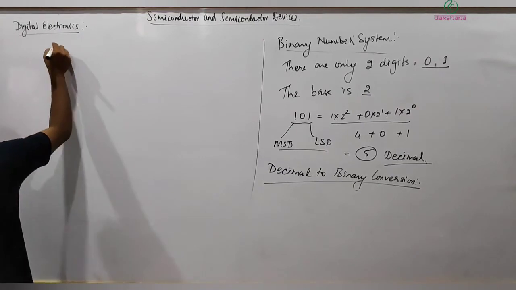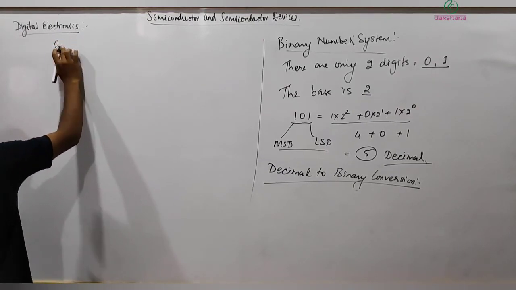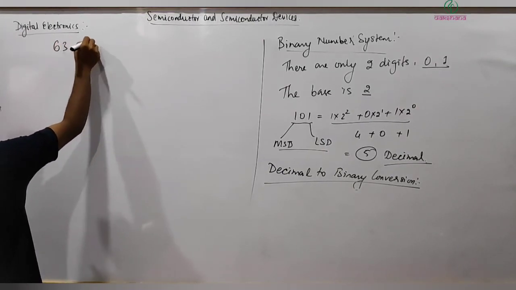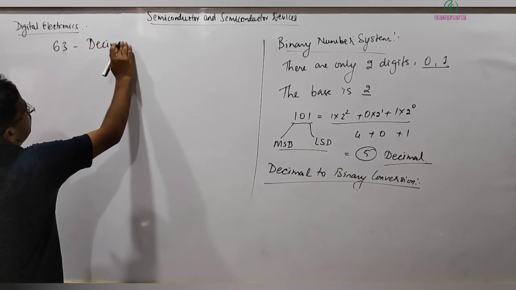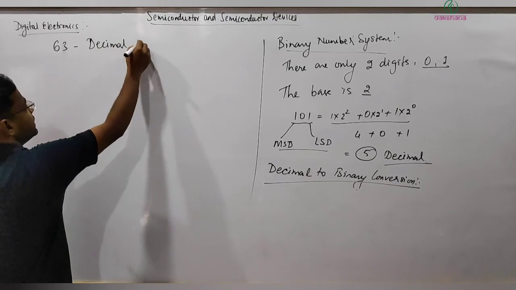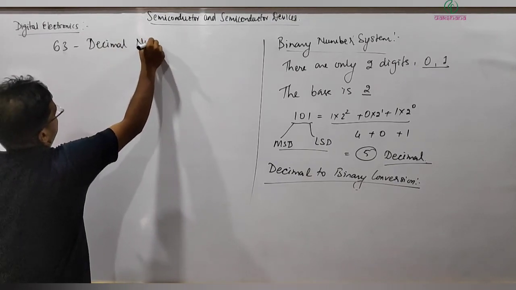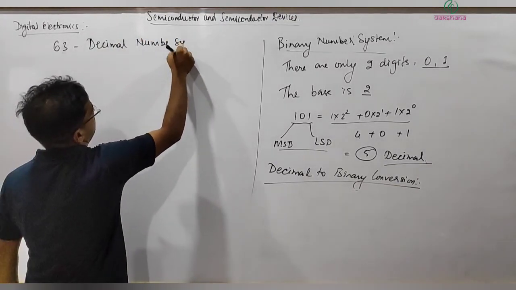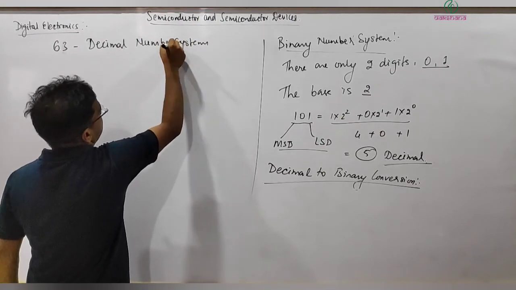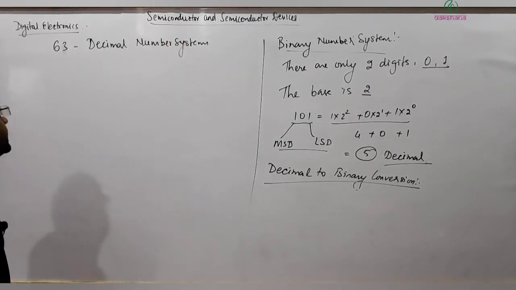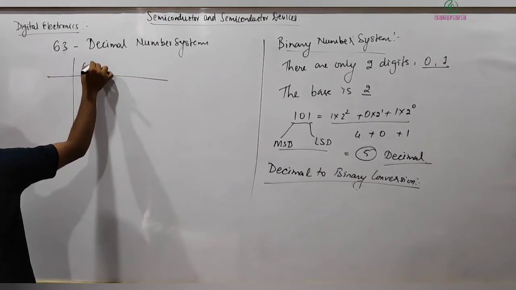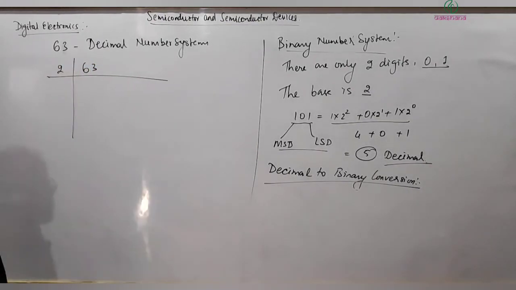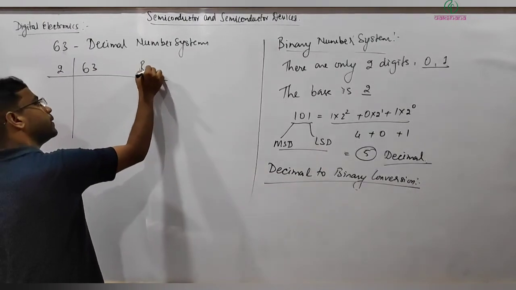Let's say I am writing 63, this is a decimal number, or number in the decimal number system. Now I want to convert this into binary, so what I will do is divide this 63 by 2, and the remainder